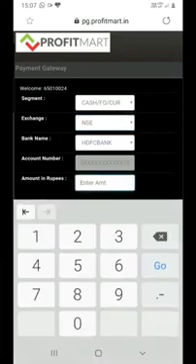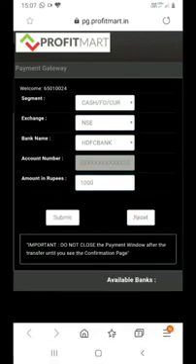The registered bank name and the account number will appear, and you just have to enter the amount. Click on submit. It will redirect you to the registered bank's net banking page. There you have to use your net banking user ID and password, and mostly it will ask for the OTP. Once you enter the OTP and submit, it will redirect you to the mobile trading app, and you can start using that money you have paid in for trading purpose or investment purpose.